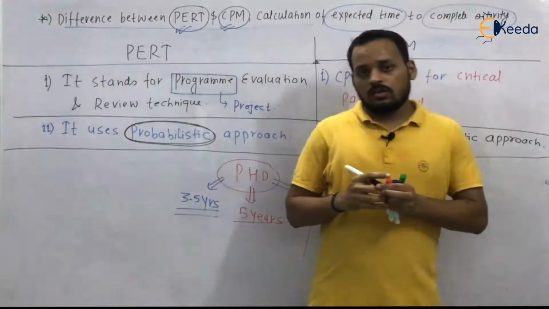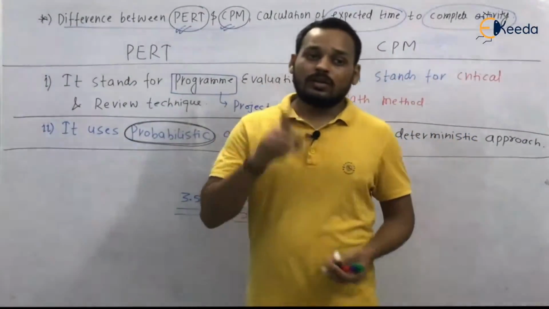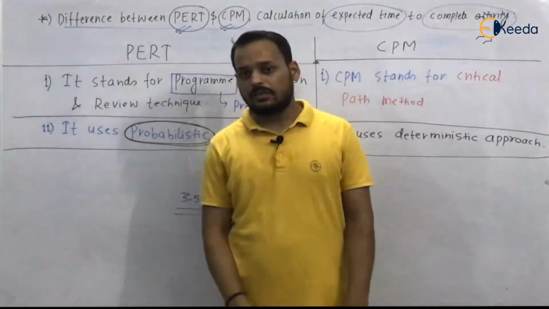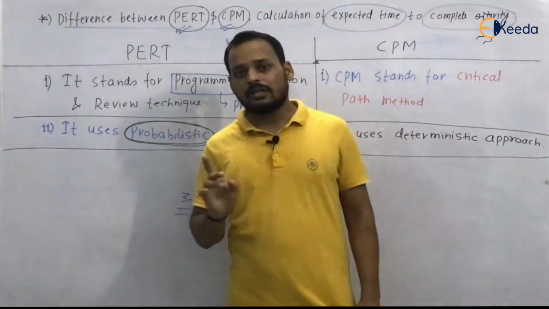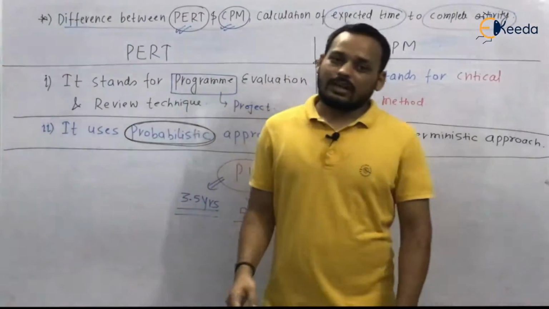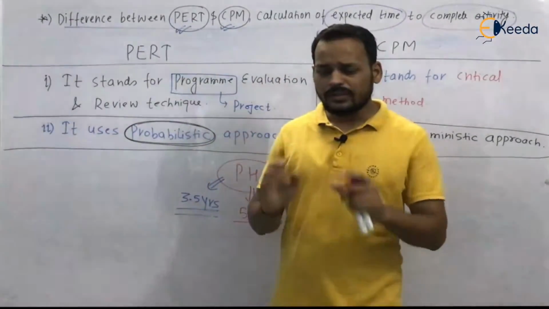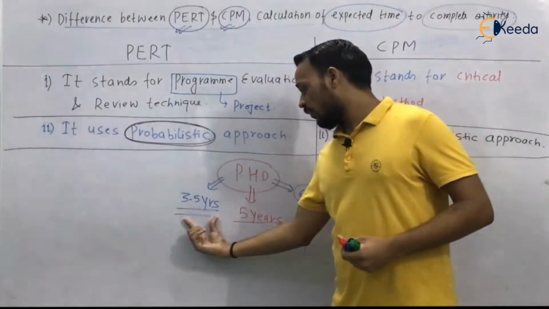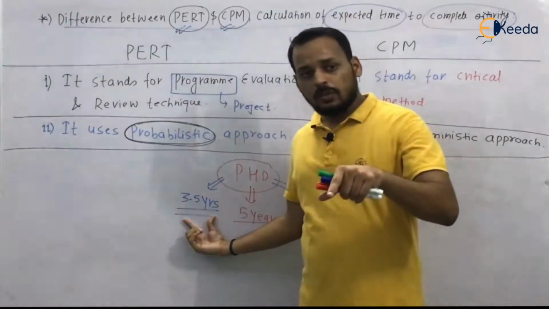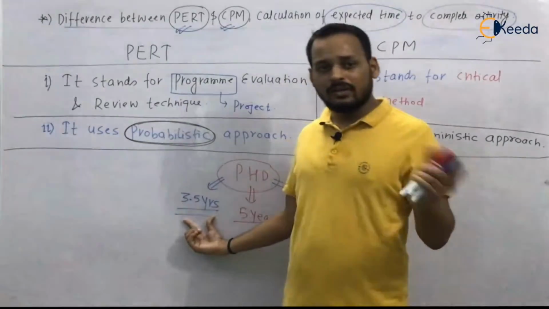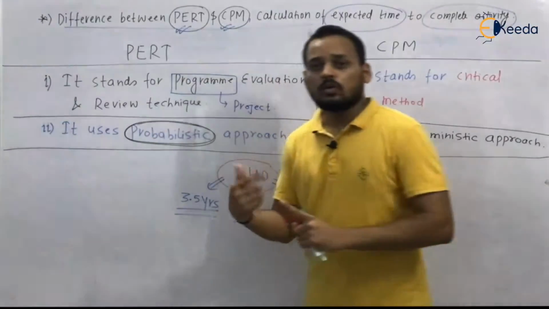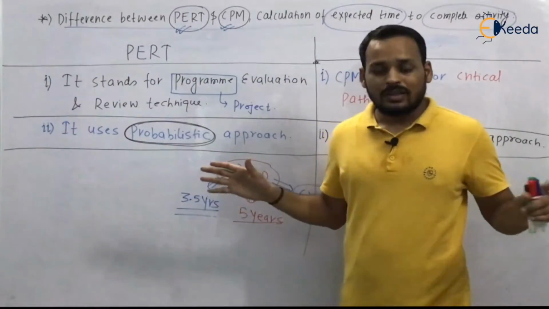You are not sure what is the exact time in which you are going to complete that activity. Because you can complete it in 3.5 years if, when you do the experiment, when you do the research, you get the result. And suppose you are doing the experiment and you are not getting any result,